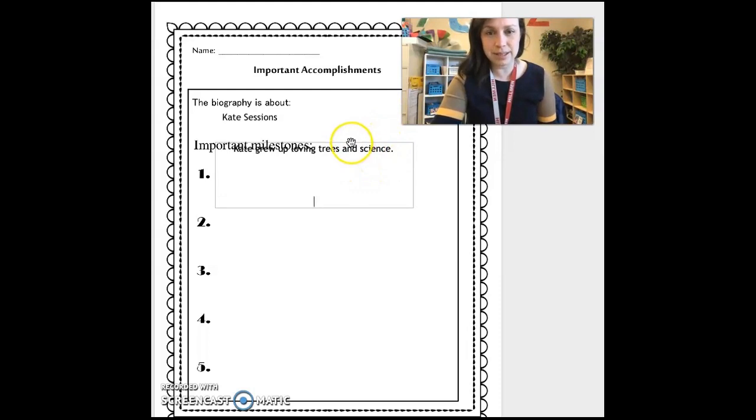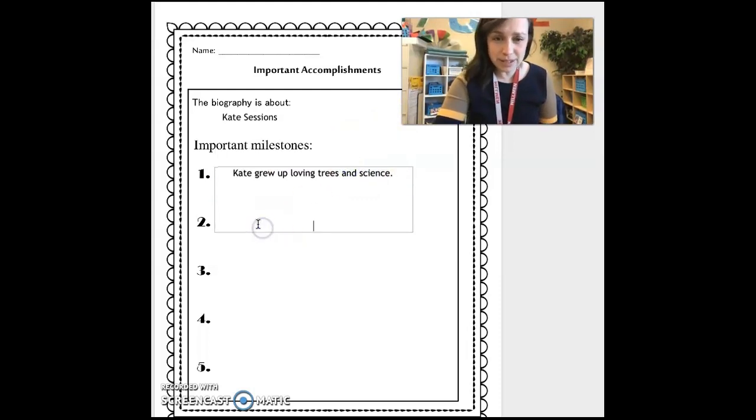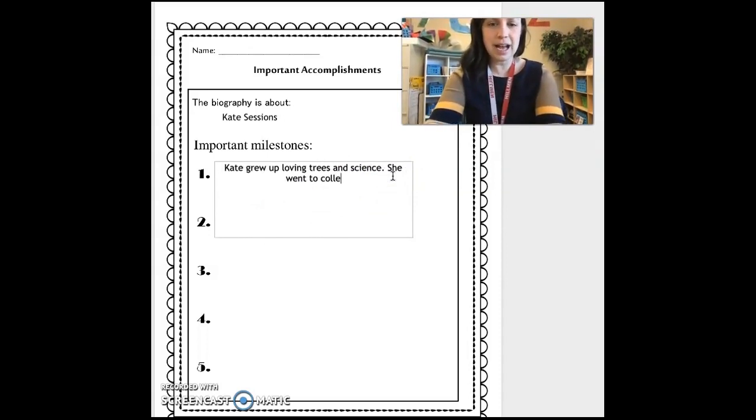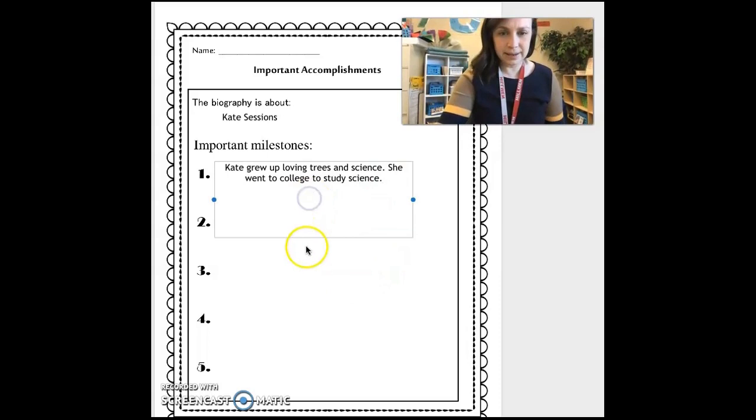Do you remember that? This was a long time ago, and most of the time men were the scientists. So we'll say she grew up loving trees, and she went to college to study science. Awesome. Okay, so that's an important milestone.